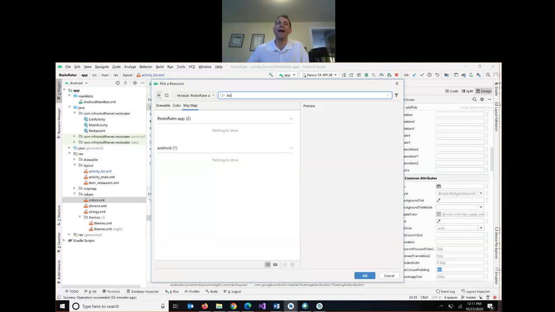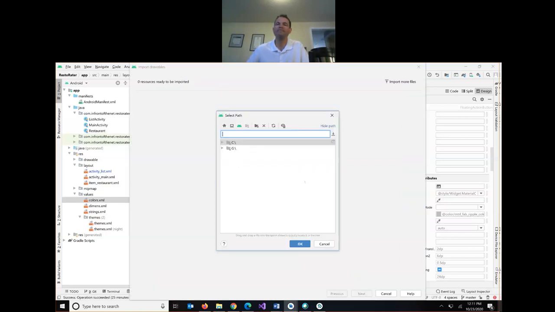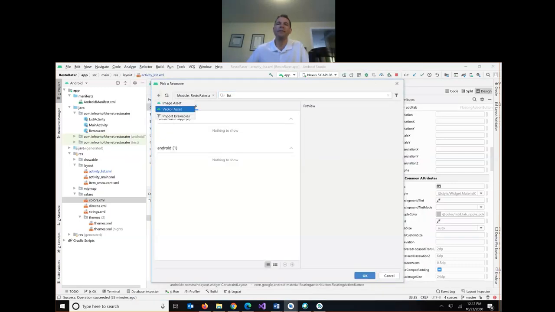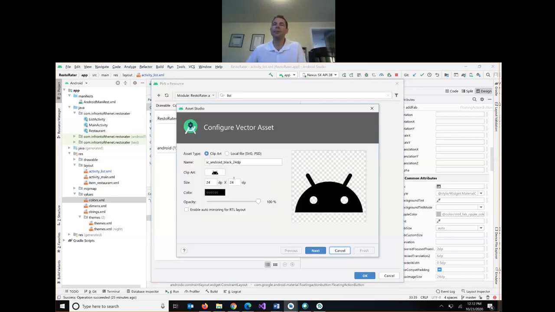If I click add a resource, let's see, I'm going to import drawables. Whoops. Try it this way. I'm going to add a vector asset here. This brings up clip art that comes with Android. By default, it gives me this. If I click here,